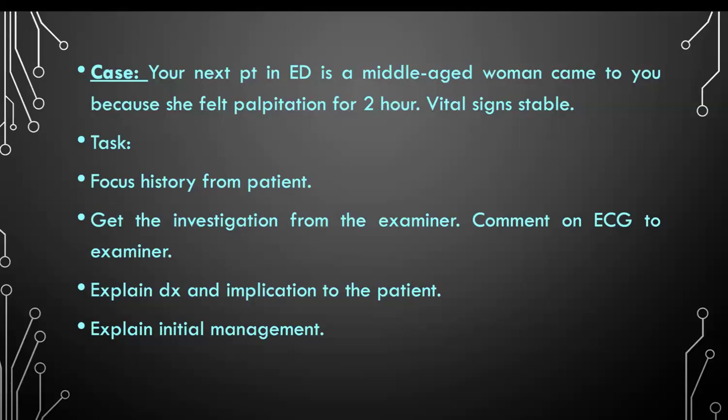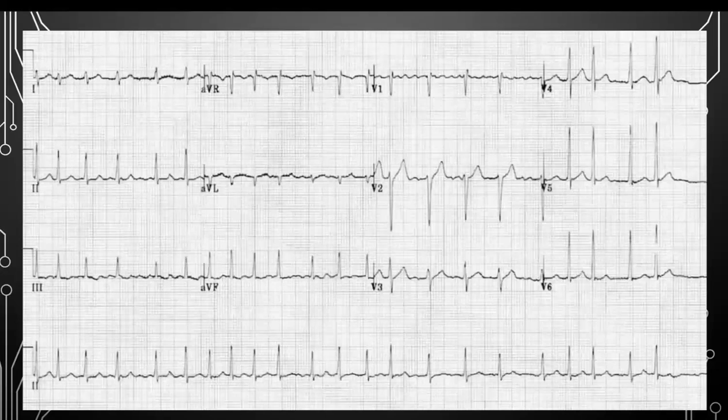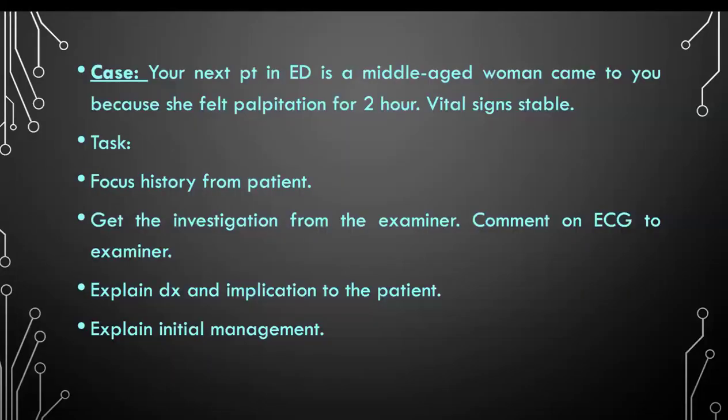And very important that tea, coffee, recreational drugs are also important, because in the case that actually was in the exam, the feedback was like this: nothing was positive except the patient was drinking 4 to 5 cups of coffee every day. So that's also very important. It doesn't seem very important, but for exam purposes, sometimes that is the only thing that you can get. So ask those questions and definitely go through the palpitation cluster again.